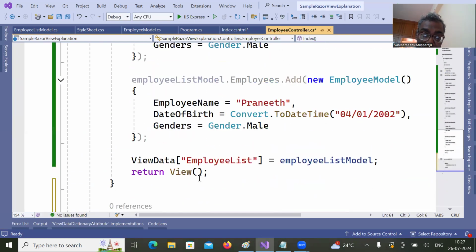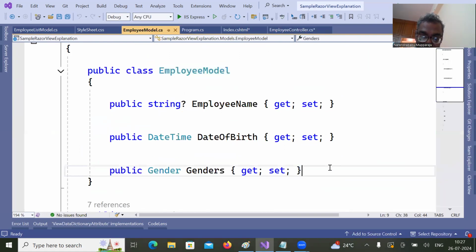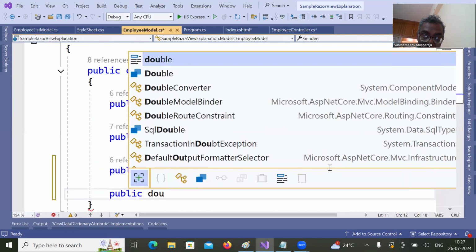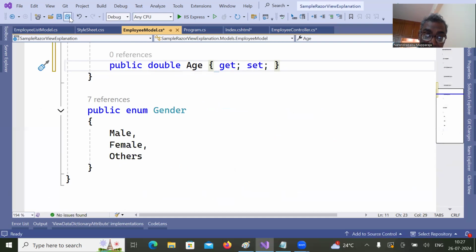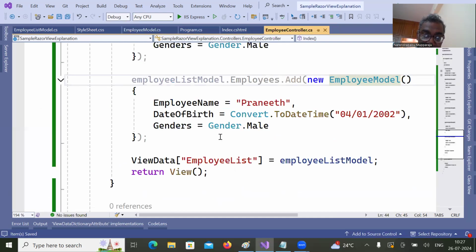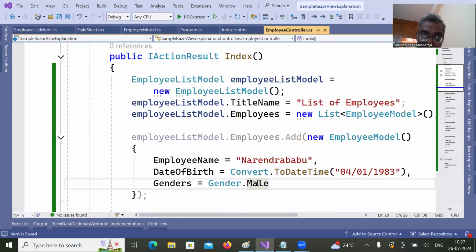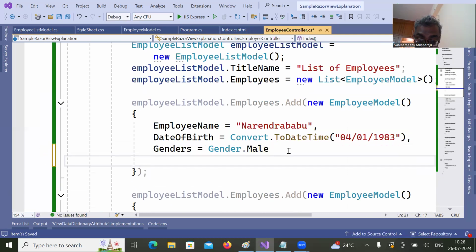Now what I'm planning to do, go to employee model, go to definition, public double age, get set, right? And then go to the controller, wherever I need, when I'm building the data, wherever I need, I'm going to use that. How I'm going to use that? Convert